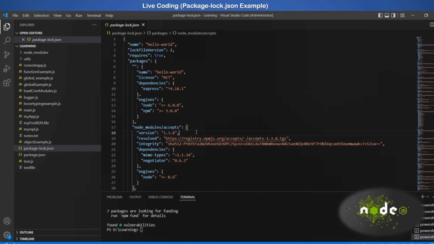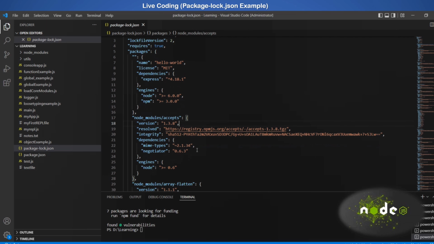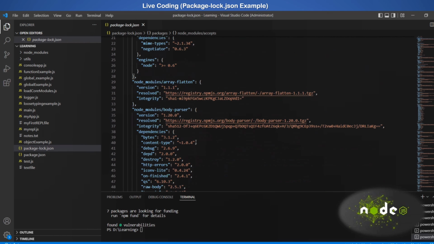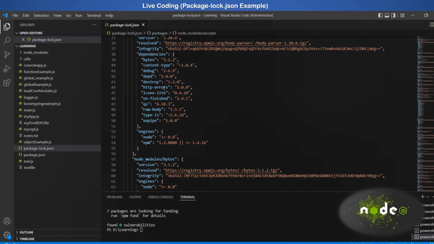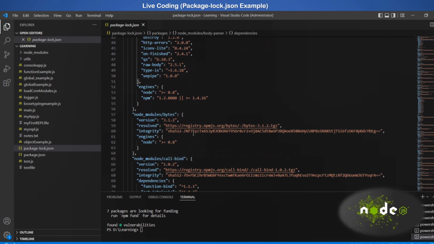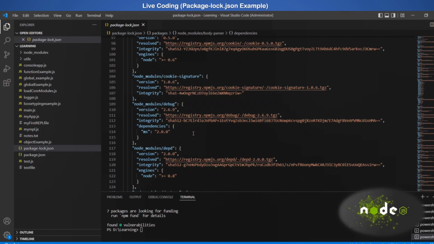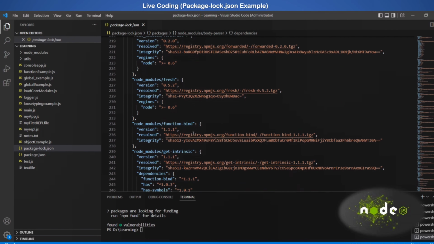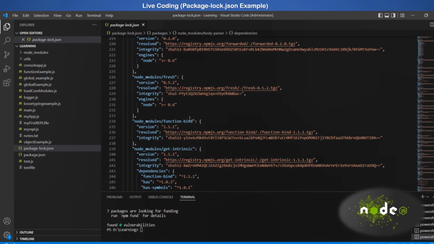So here, if you see, there are lots of dependencies for this express framework, correct? These are the assets, array-flatten, body-parser. So this will give you the exact version which needs to be used in the project. And this particular package-lock.json actually gives all the dependency modules and their versions which are currently installed in your